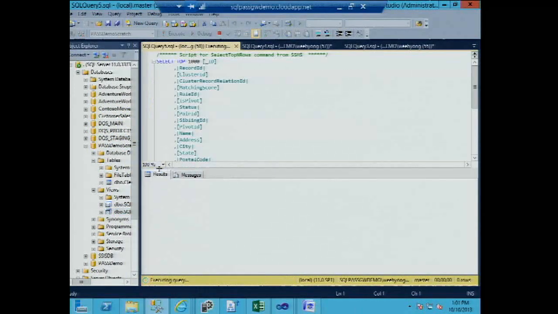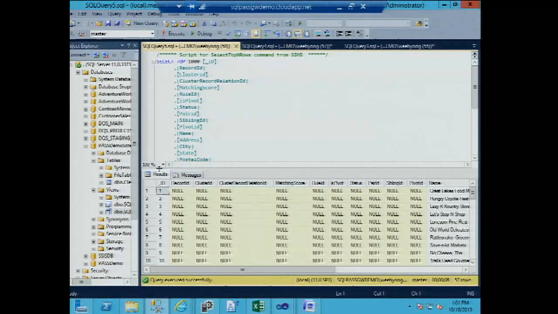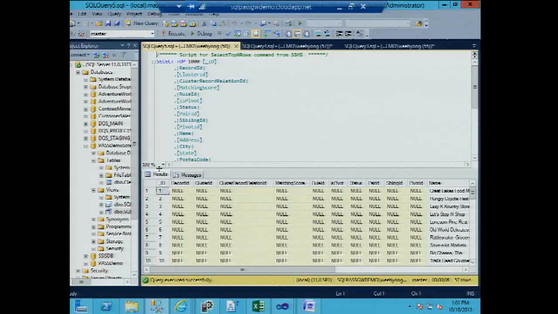you'll see that right now what's happening in the background is that it's issuing the linked server query. Because the linked server query is using an SSIS OLEDB provider, at the back end it kickstarts the SSIS package. The SSIS package is actually running. As it runs, it goes through the DQ components and does the matching. Now, instead of landing it somewhere, it lands it in the data streaming destination. In a pipeline kind of manner, it gets streamed back to SQL Server, and the data gets returned as